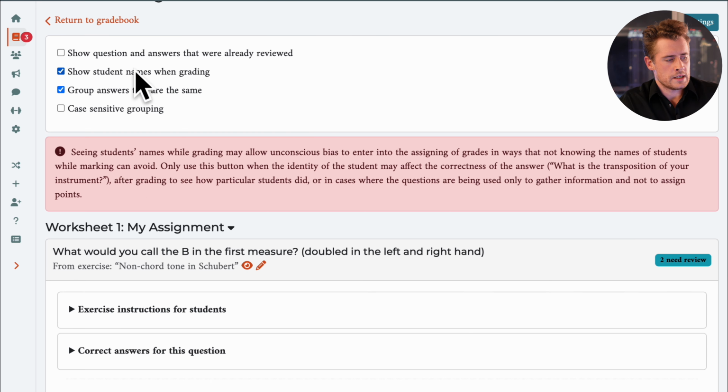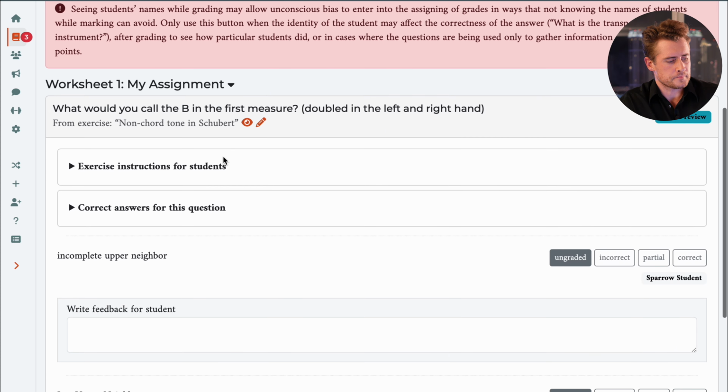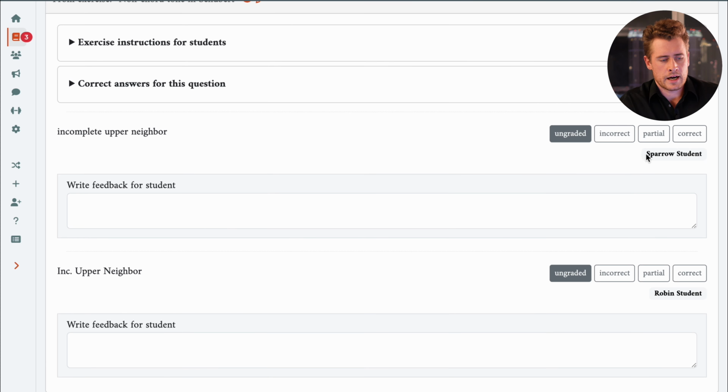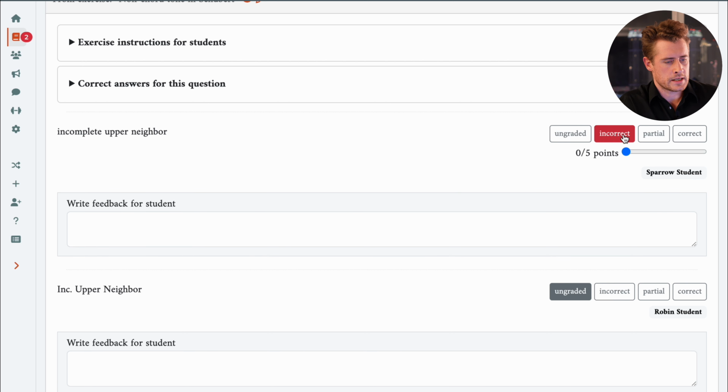By default, we keep this turned off in order to suppress unconscious bias. Now, when I scroll back down, I will see the student names associated with each response. Now, from this page, I can manually award a grade. So, for example, I could set this as incorrect or partial. If I wanted to allot partial credit points, I could slide this slider like this,